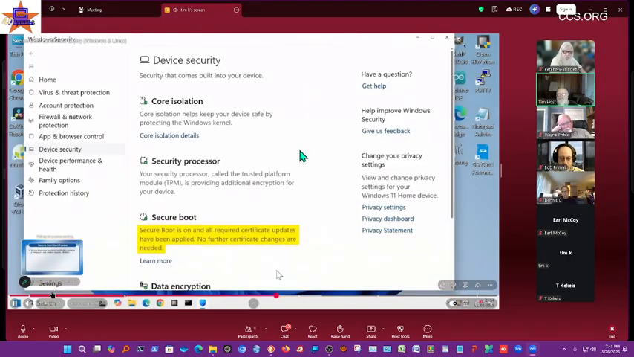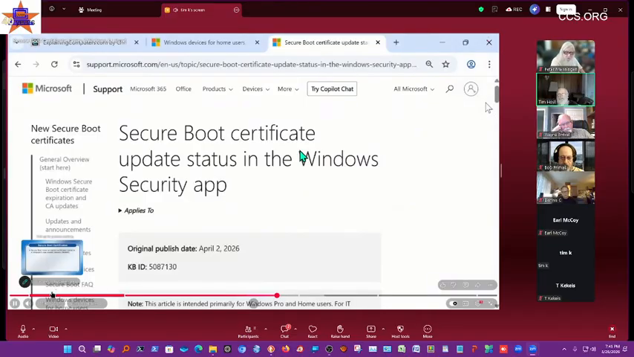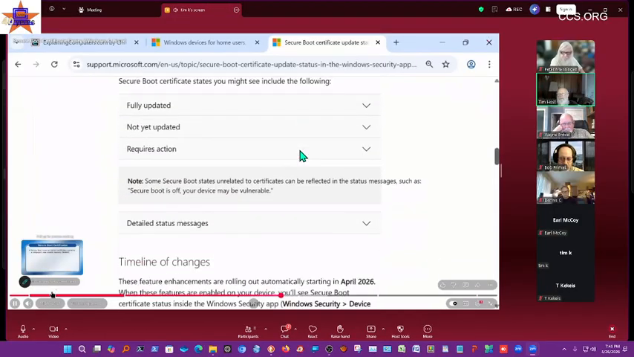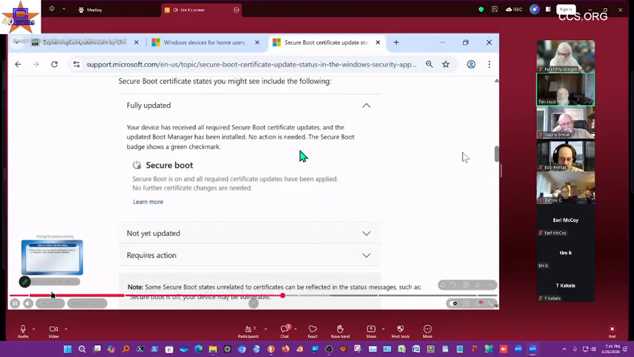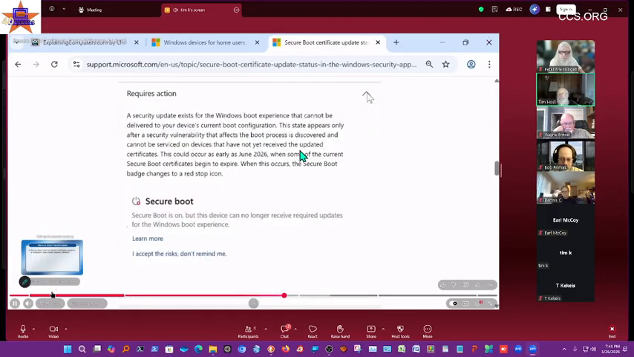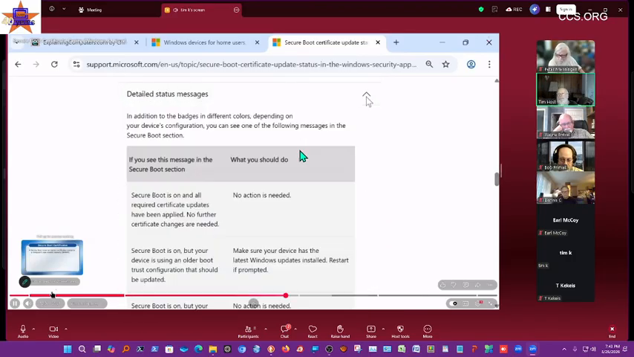However, before that, let's return to Microsoft's page about updated secure boot status messages, where, as we can see, it's possible that you may see an amber or red warning. As described below, this can signal that your secure boot certificates are fully updated, not yet updated, or that automatic updates are not supported. If we scroll down further and open things up, we can see 6 possible status messages,